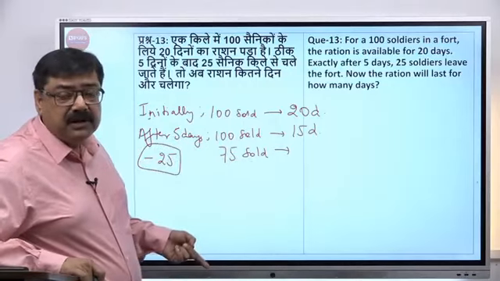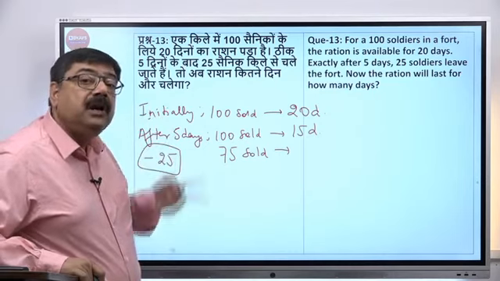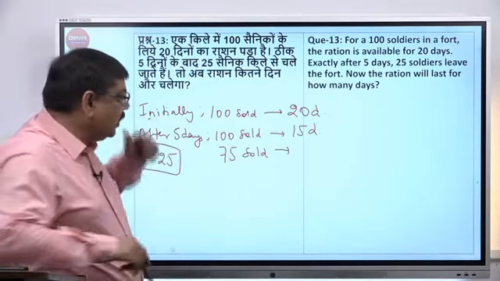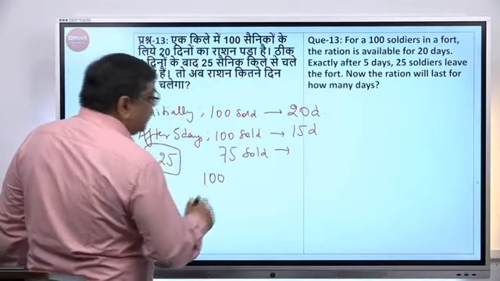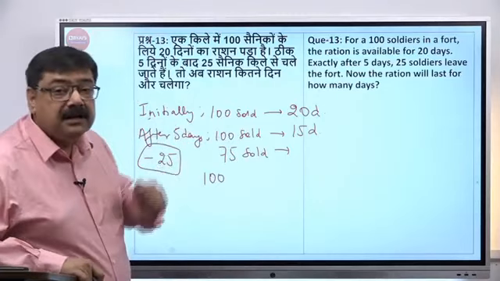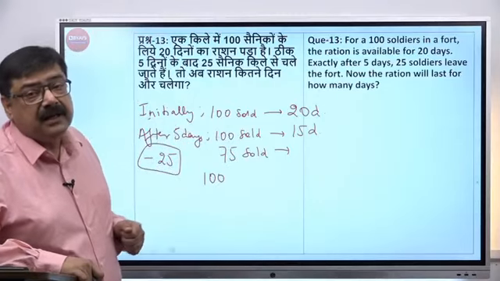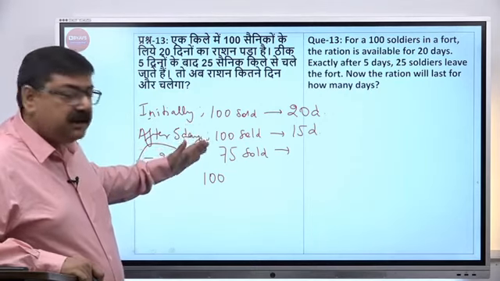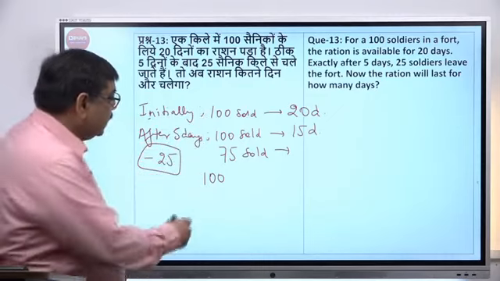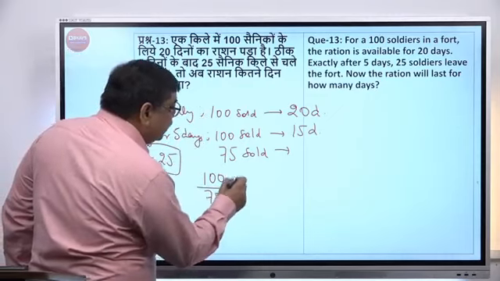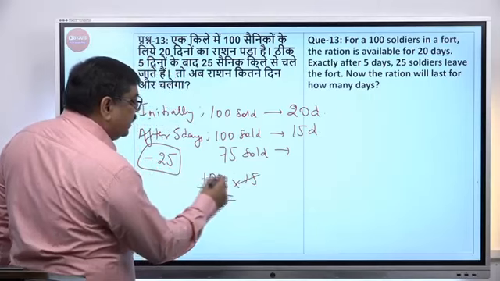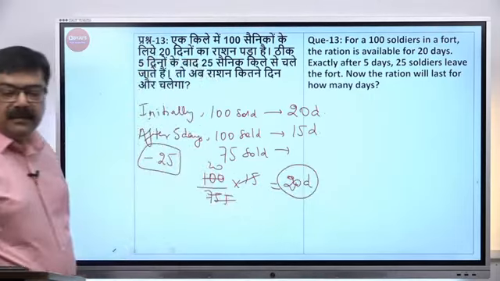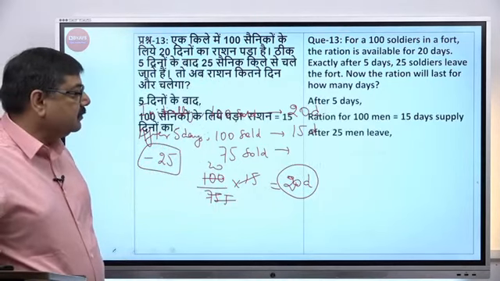For 75 soldiers the ration will be sufficient for more days or less days? More days, because the number of persons is less now. So more days, so more by less. आप यहां पर देख रहे हैं कि 100 सैनिकों के लिए 15 दिन का राशन है, तो 75 सैनिकों के लिए कितने दिन का राशन होगा? ज्यादा का। तो लेफ्ट हैंड साइड में, बाईं तरफ ज्यादा बटा कम, 100/75 इंटू 15, ये 5 से गया, ये आ गया 20 दिन राशन चलने वाला। वही कहानी दोबारा आ गई।